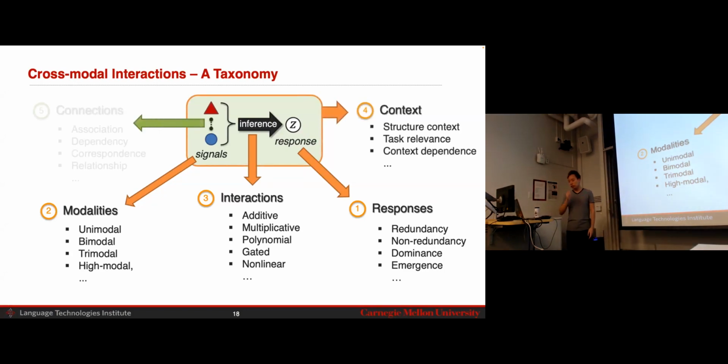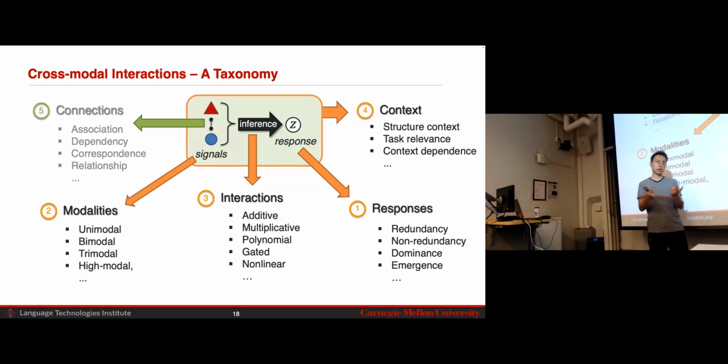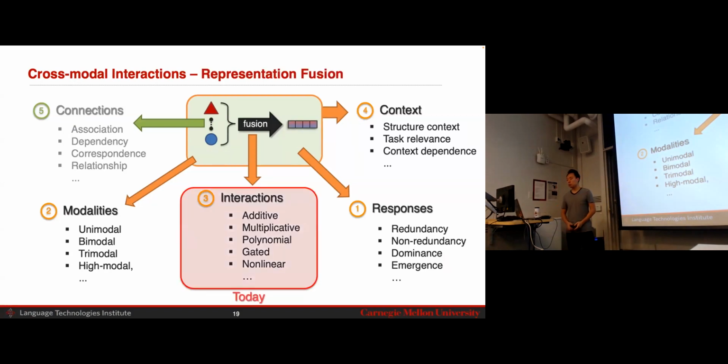There's many other ways of categorizing these interactions as well. One other way is connections, right? Whether the interactions are based on shared information between my modalities or based on unique information. We're going to talk about connections more on Thursday when we talk about coordinating or representations, and next week when we talk about alignment. But today, primarily about, there can be supervised data sets, but a caveat is that